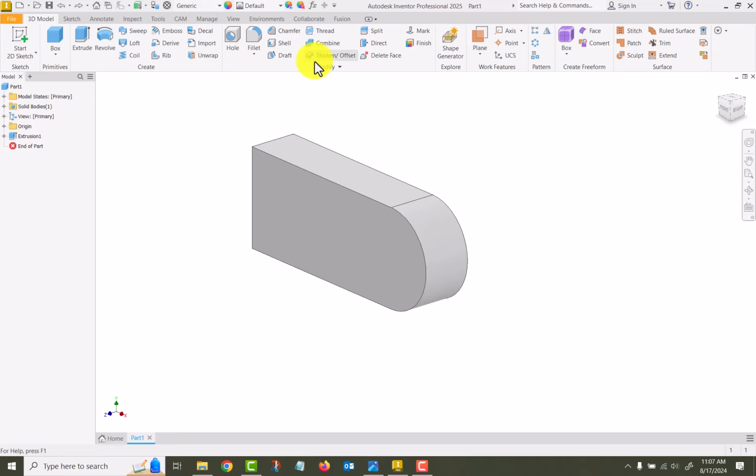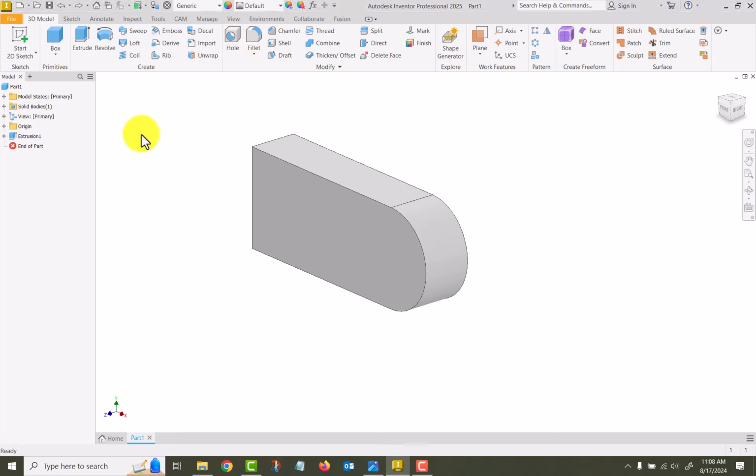This week, I want to talk about holes and the different ways of creating them using the hole command. We saw a week or two ago, over the last couple of weeks, you can make holes by doing a sketch and then extrude a cut, which is fine to do, but the hole tool right here is a much better way to do that